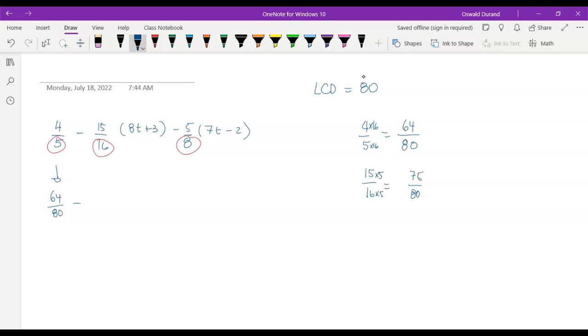And then the last one, 5 over 8, we're going to find the equivalent fraction of that with a denominator of 80. We know that 8 times 10 is 80, so therefore 5 times 10 is 50, and that's your equivalent fraction. So we're going to replace all those fractions by the equivalent fractions, right? So here, 15 over 16 is 75 over 80 times 80 plus 3 minus 50 over 80 times 70 minus